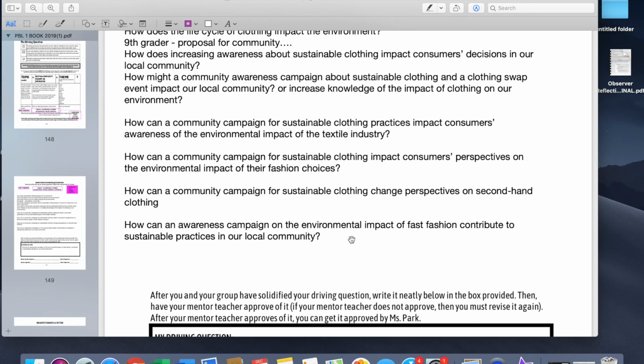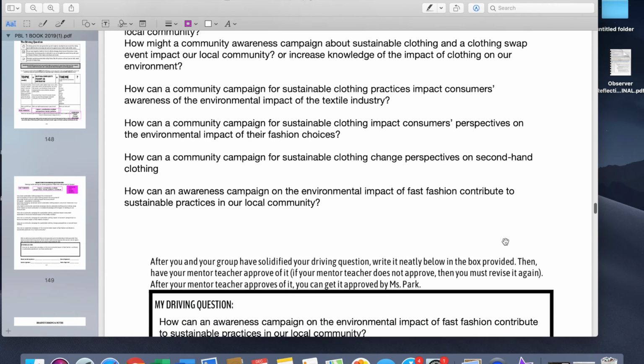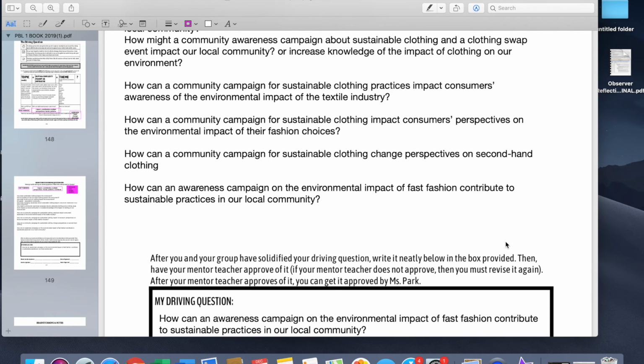There's my topic word. Okay, so I want people to be aware of the environmental impact of fast fashion. I want to make an awareness campaign, maybe a mini documentary or something. And then I want to see if I raise awareness, if that contributes to sustainable practices in our local community. Then if fewer people will buy fast fashion, or more people will donate their used clothing or do clothing swaps, or purchase their clothes from secondhand shops or thrift shops or Goodwills. So I'm trying to come up with if we do A, can this impact B? And then this would be the starting point of my proposal for my local community. So that's what I came up with.